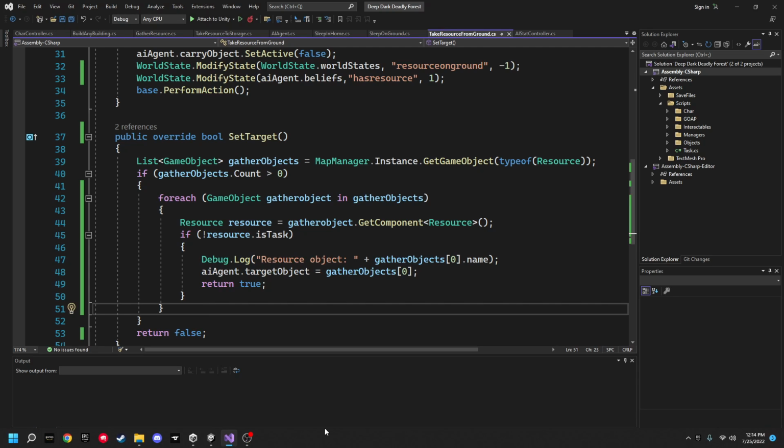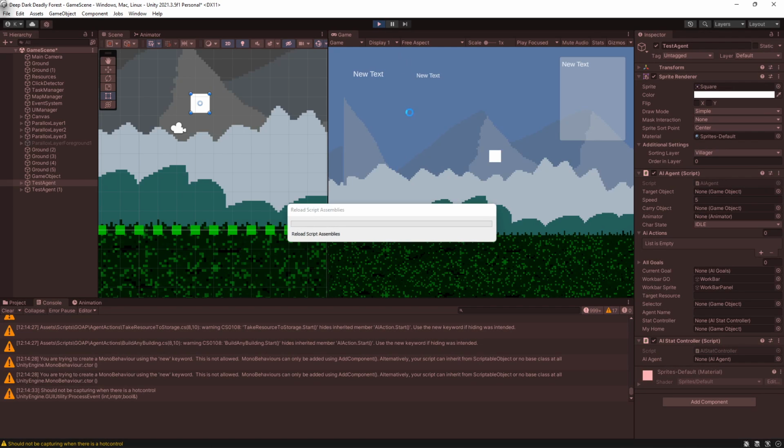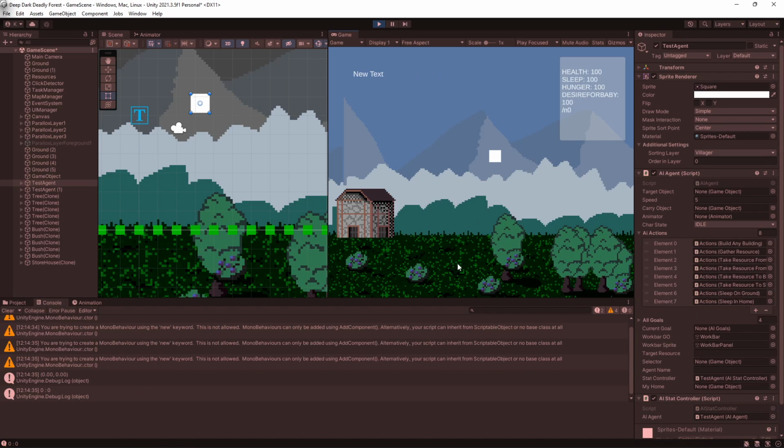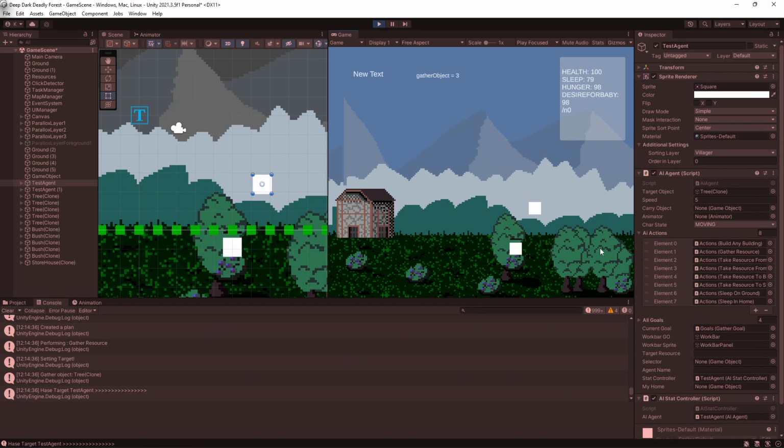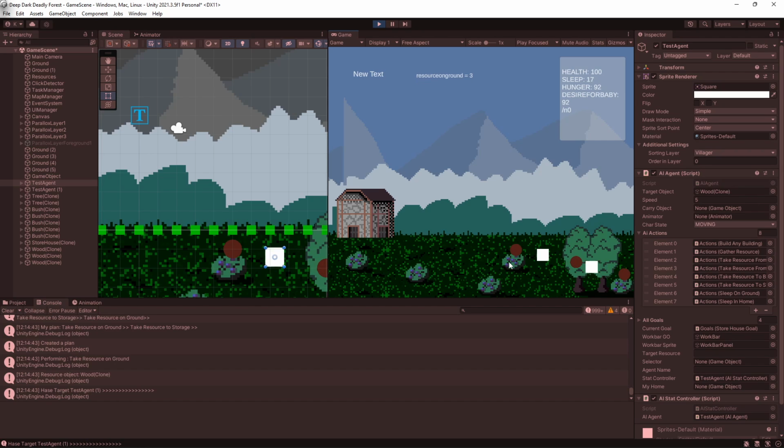So let's see if that will set up the gathering resources. So we click a couple trees, and hopefully they don't go to the same resource. They're not going to any resource.